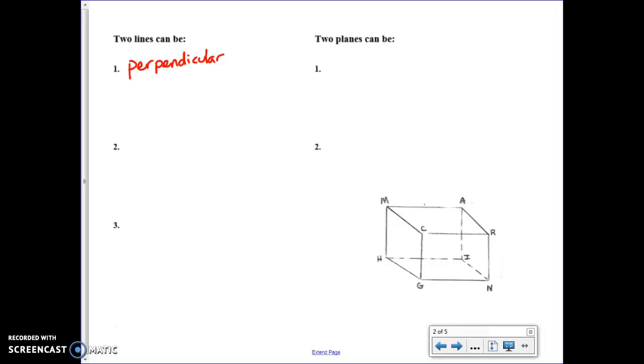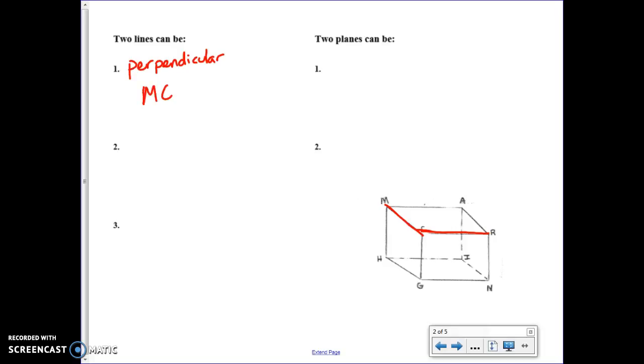There are lots of examples in here. We're going to assume that this is a cube, that all of those are right angles in there. So you can come up with your own example. Two lines that I see that are perpendicular are MC and CR. So think of the top of the box. So it doesn't really look perpendicular to our representation, but if we're thinking about the top of the box,